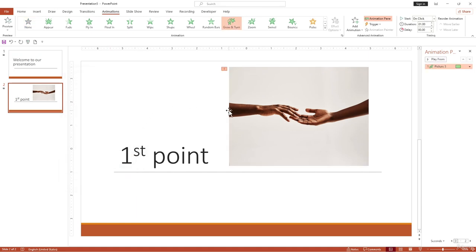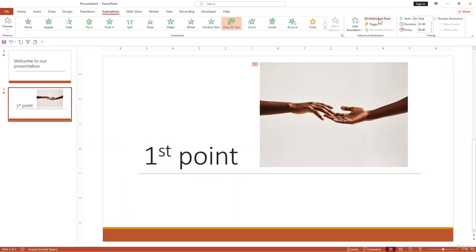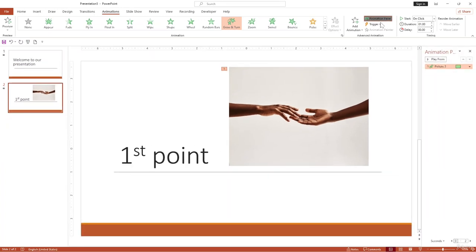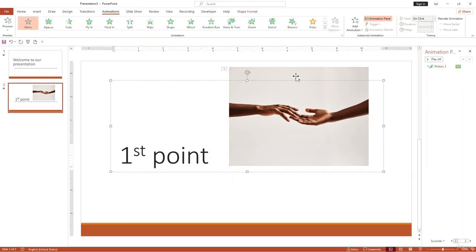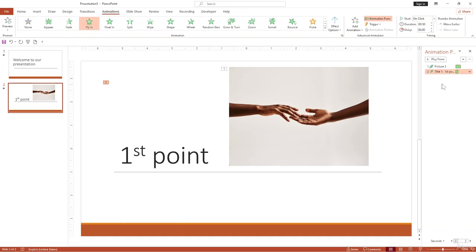And for those who want to take it a step further, PowerPoint offers advanced animation settings. So let's look at the animation pane. Click on the animation pane. In the animation pane, it opens a side bar where you can see all the animations on the current slide. Okay, so we have now what animation. So I want to use the fly in this one as the animation. Now that we have the two animations used here,